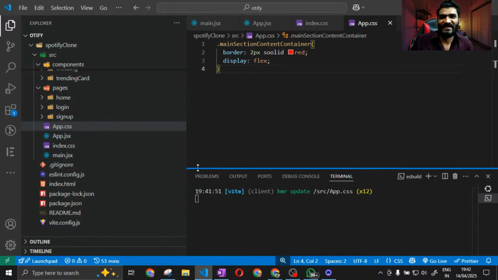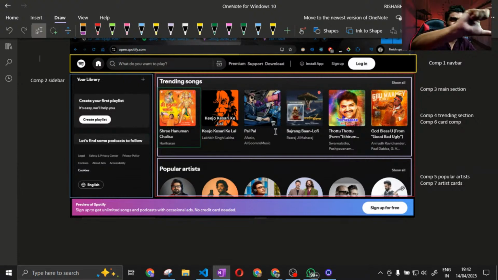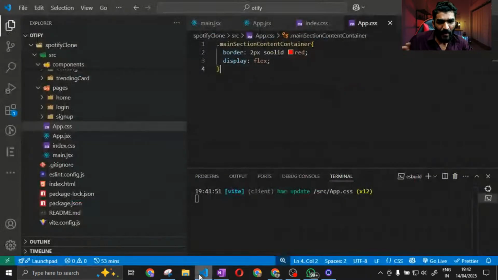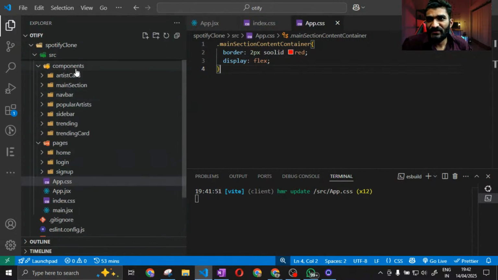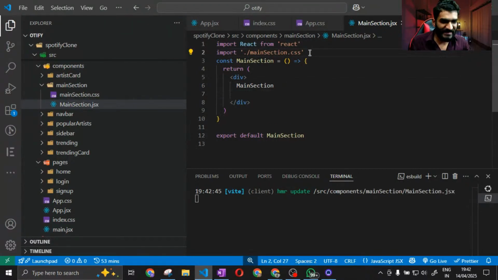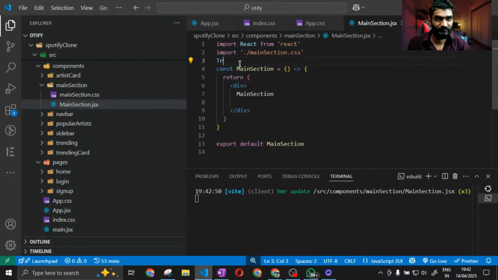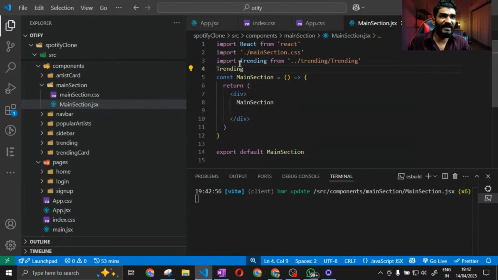Okay. So yes, now in your UI part, understand this thing very carefully. I'm not talking about the sidebar and navbar for now, I'm talking about this main section. In your main section you have two major sections. The first one is trending songs and the second one is popular artists. So now I'll go to my main section. Over here I will import two files, which is the trending section,